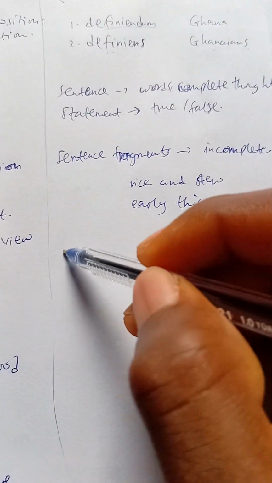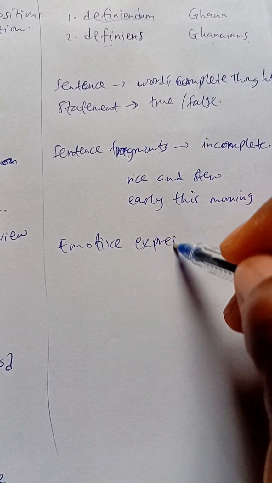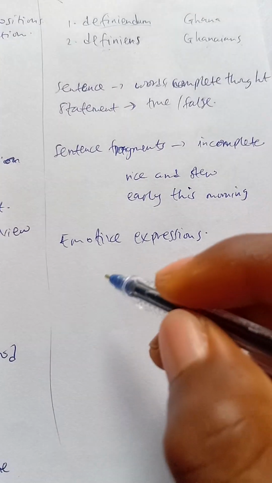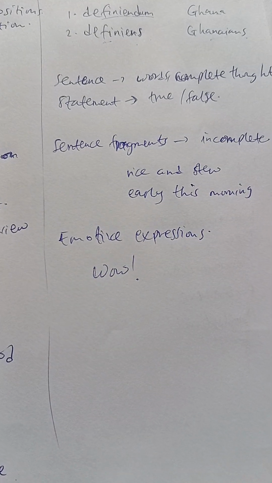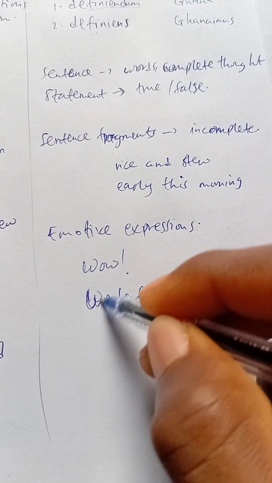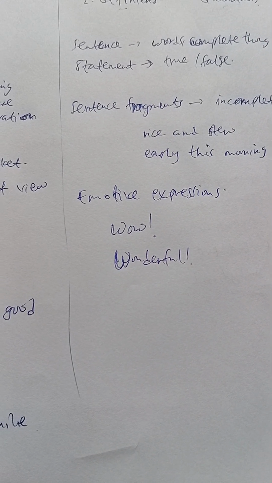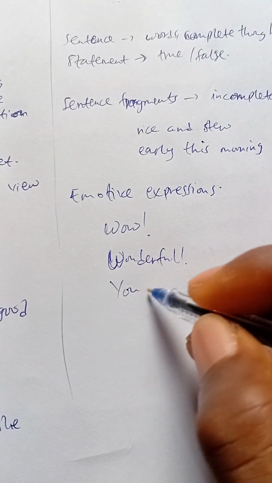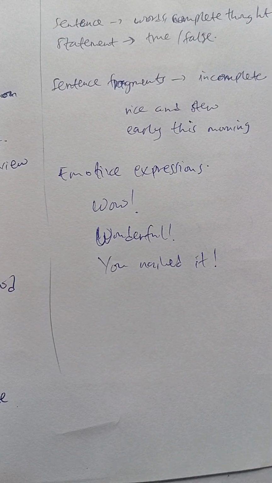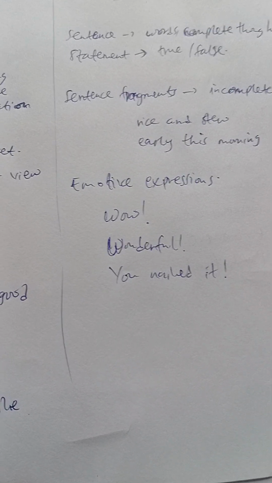Then we have emotive expressions, and this is the very last one. Emotive expressions. So it's kind of like a surprise, an exclamation. You'll be like, wow. They mostly end with exclamation marks. Like, oh, wonderful, wonderful performance. These are all emotive expressions. So you went to a concert and your colleagues really performed well, and when they are done, you'll be like, wow, you nailed it. So you say it with some kind of emotion. It could be a surprise or like you're overjoyed or something.